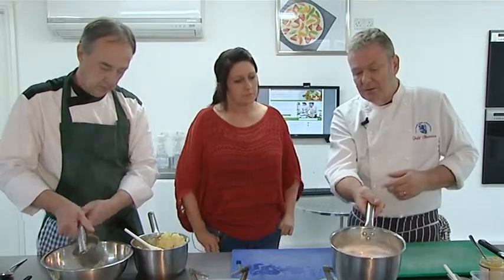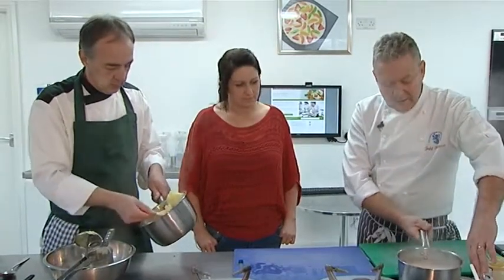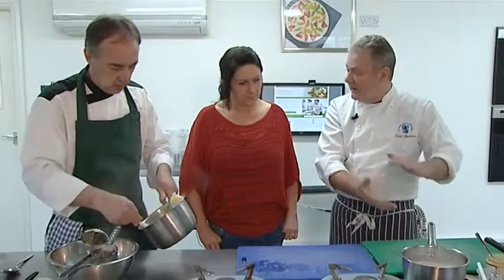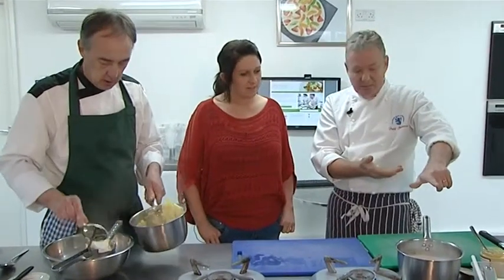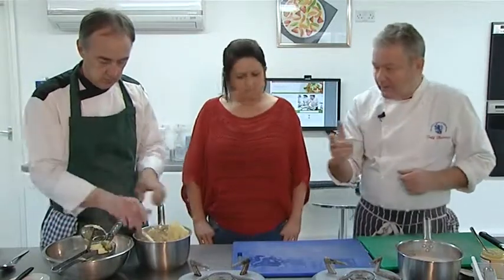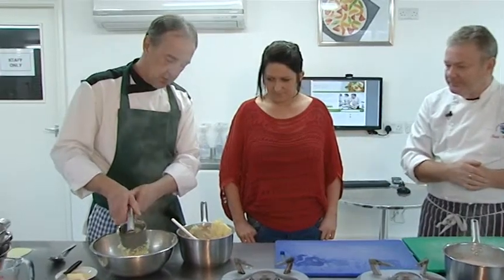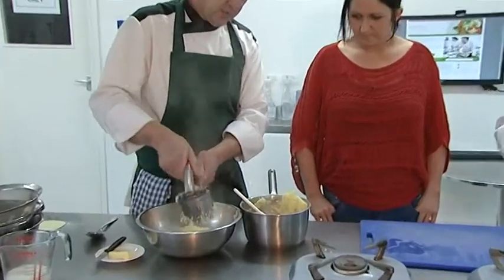That's just come up to the boil now, right? So I'm now going to take that off the heat. Leave it to the side, and then the residual heat in there will carry on cooking that for a minute or two, okay? Excellent. And then what I'm going to do, I'll pass you over to Chris just to finish off the potatoes. Passing these through a potato ricer, which is...